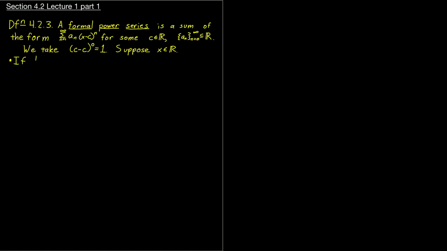If this limit exists, the limit as big N goes to infinity, you sum only finitely many terms, and since the an's are real numbers, x minus c to the n is a real number, so each of these finite sums is a pretty reasonable thing. It behaves like you want. If this limit exists and is a real number,